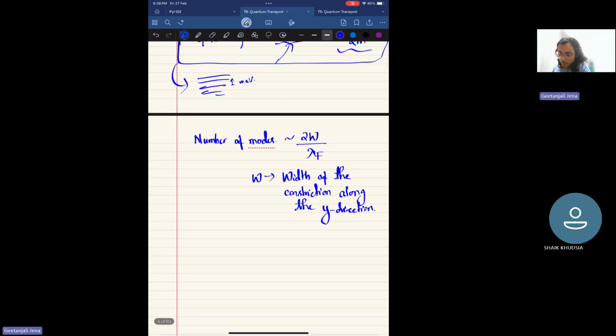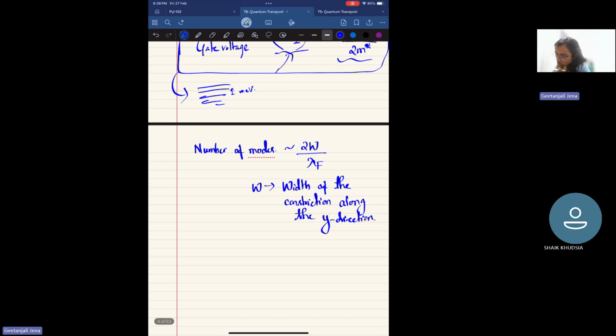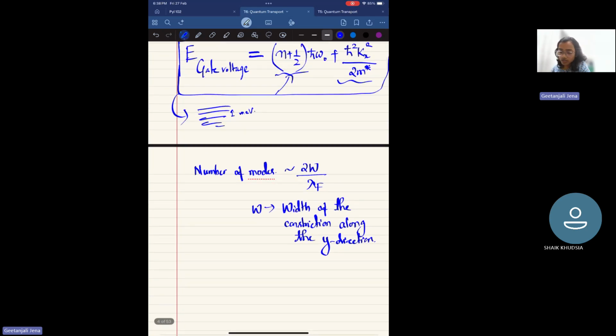Okay. So now what will happen whenever the electron tries to enter the quantum point contact region, we'll see a confinement effect because of this gate voltage. But once it crosses the channel region or the constriction region, the modes that are supported in the constriction region will interact with the energy levels of this 2D electron gas. So for that, let us see.